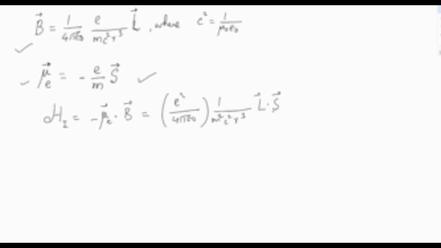Therefore, when you want to do the kinematic correction to this factor, that is known by the name Thomas precession,